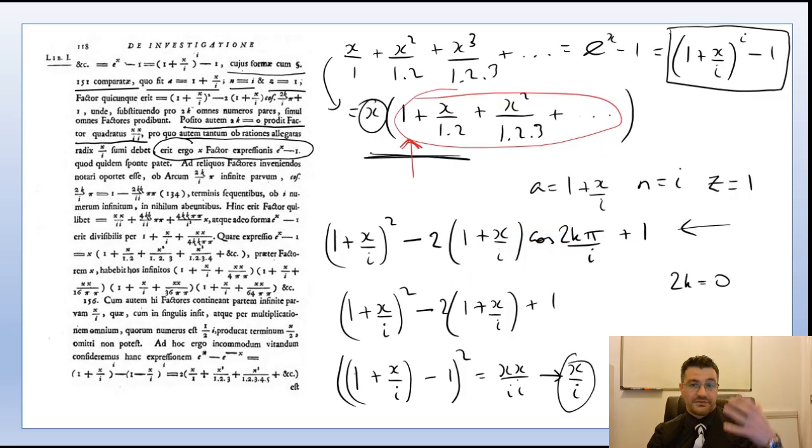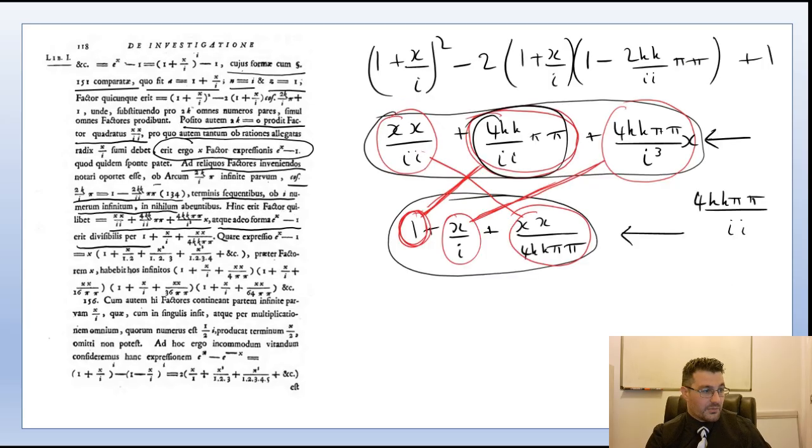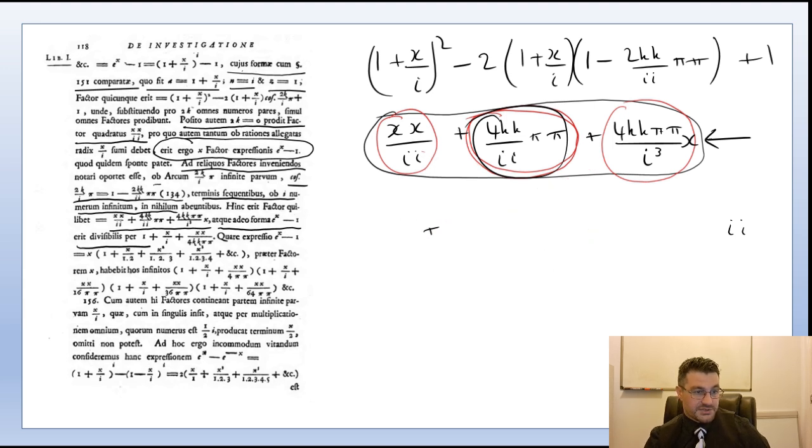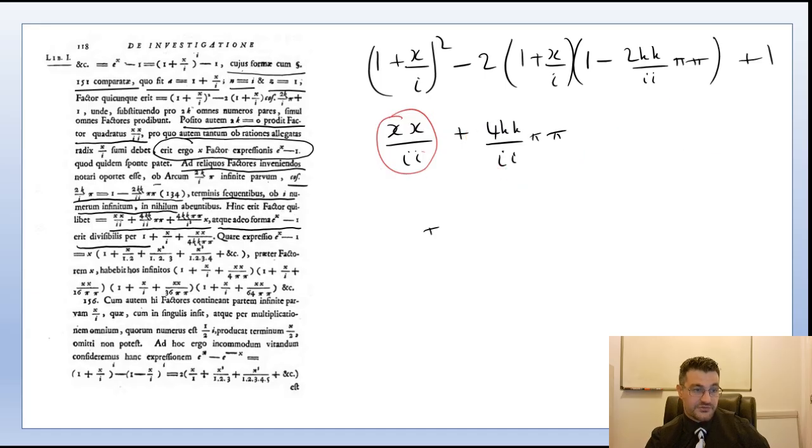It's based on your observations, or in this case, Euler's observations, and understanding of the context and what you're trying to do. Actually understanding what you're trying to do. So, what Euler does then, I'm going to need another page, because I don't really want to erase all of that permanently. So what he does then is he takes these factors, there's one for each value of k,